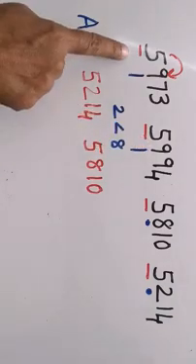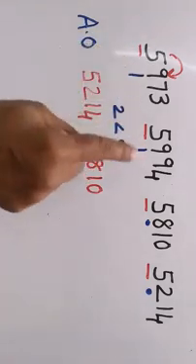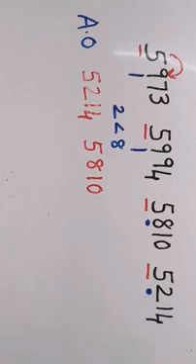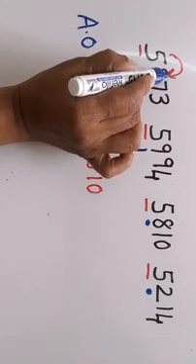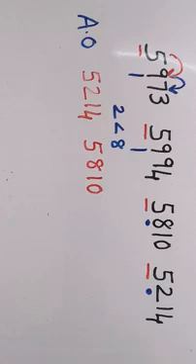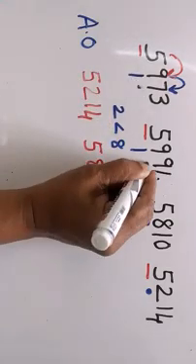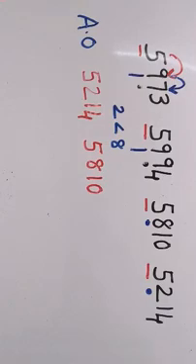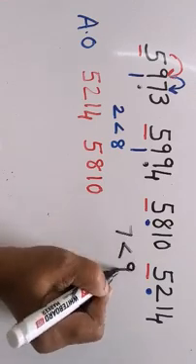Now we will compare these two numbers. Now children, see here, thousands place is same. Then hundreds place is same. Now we will move to the next place value. Which is the next place value after hundreds? I told you children, we are moving from the left side. After the hundreds place value, we have the tens place value. So which is the number in the tens place value? We are having here 7. Can you see your 7? And here I am having 9. Now children, which is a smaller number, 7 or 9? Yes, 7 is lesser than 9.